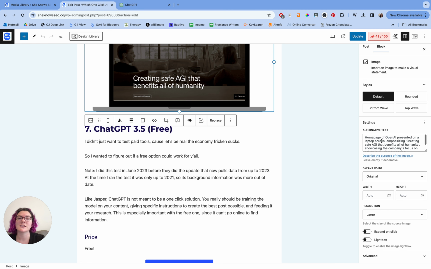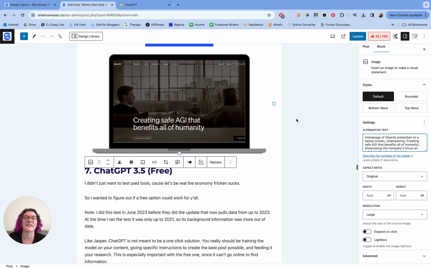So we actually need to go into the individual alt text area and adjust it there. I personally prefer to write it post by post. I just think it's a little bit easier. What I might put in that general area is the first description of what this is. And then in the individual one, I'll go in and explain that this is the homepage of an AI tool that we're talking about here, and kind of give more context for why this is applicable to